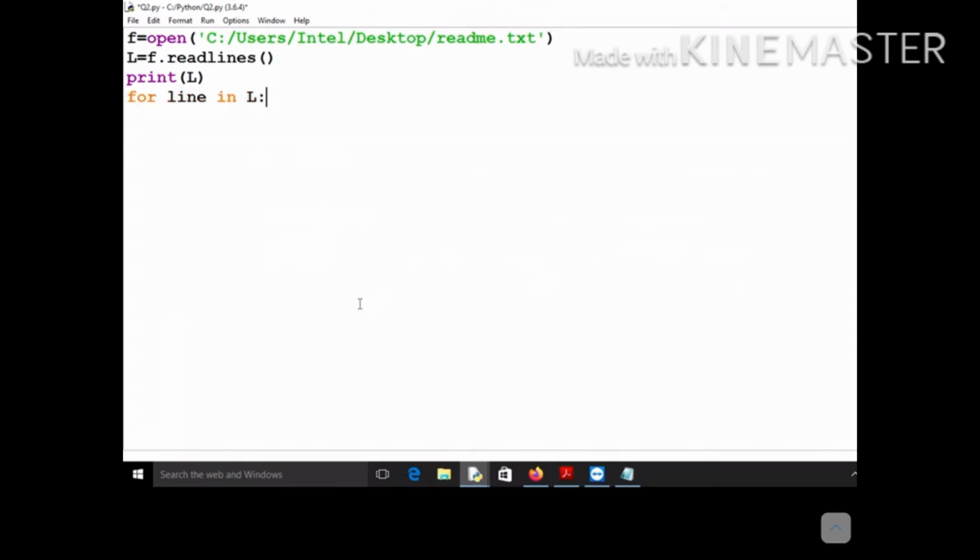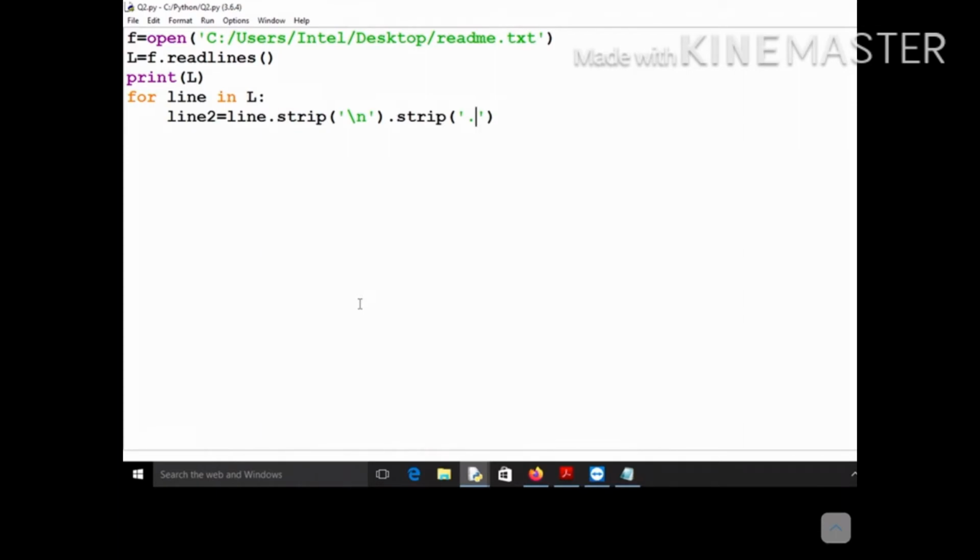So this was your line. Now let me take another line, line2, and this line2 will be what? Line dot strip. So first you need to strip backslash n, and then you need to strip your full stop, because you know that the last character will be backslash n. So remember this order: you will first strip backslash n, because this will be present at the end of your line, and then you will strip this full stop.